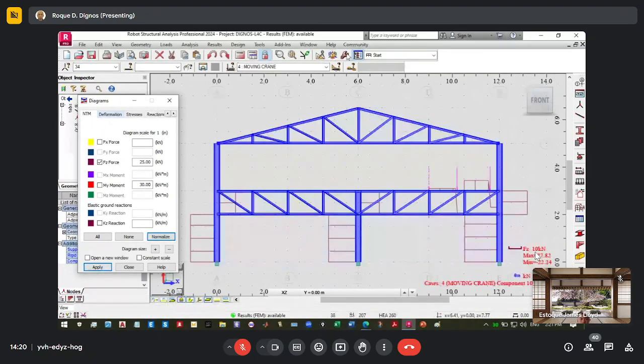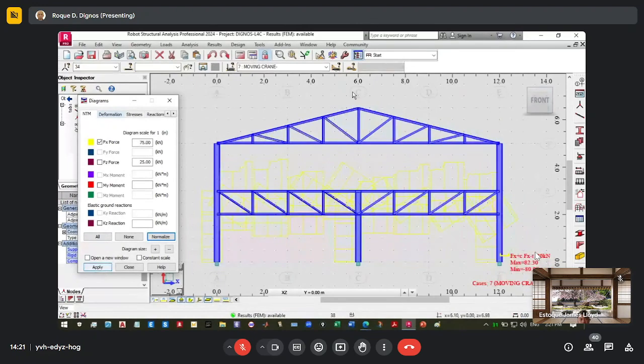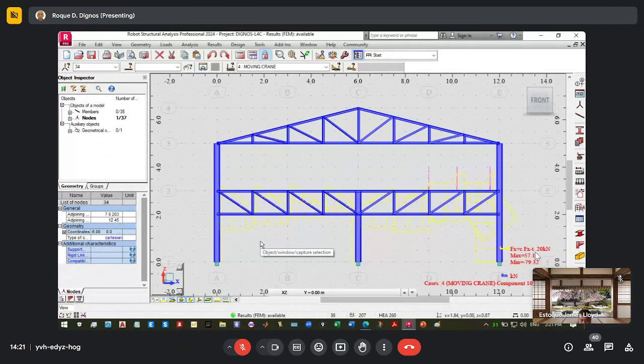The shear force also goes like that, and if you move the crane, the shear force diagram changes as the crane moves. Same with the axial force, it changes as the load changes location or position. I think that's it.